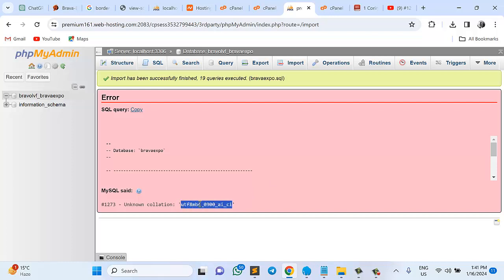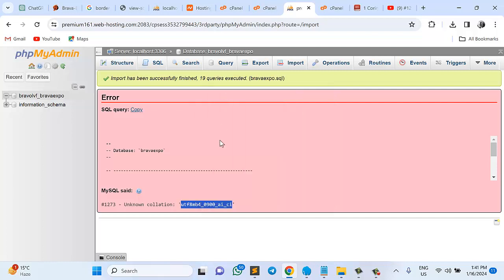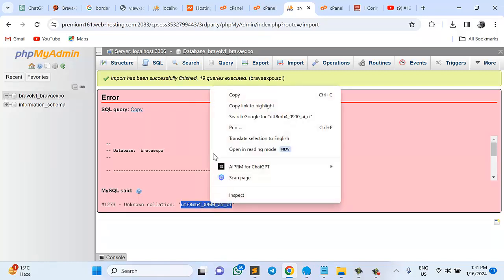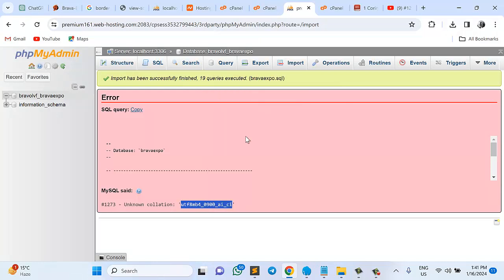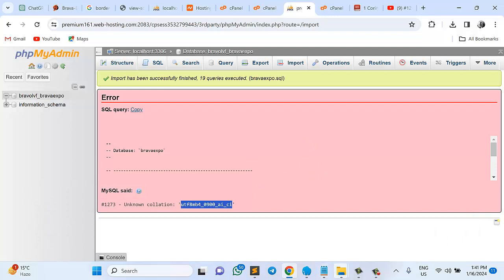We're going to copy this collation here, this UTF-8 MB4, whatever it is. Just copy it. Let's do it together again. Let's copy it. Okay, so now that we're done with this, I'll go straight to my